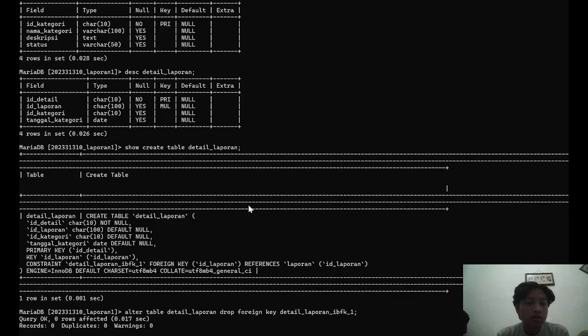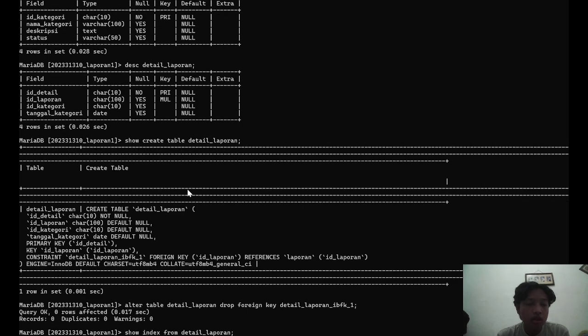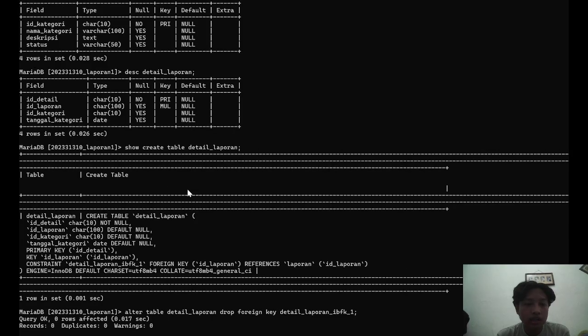Okay, so the last step is to delete one of the tables from this database, and to do that, we have to make sure that the table I want to delete has no relationship with other tables.